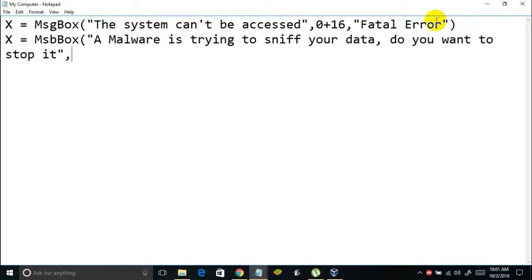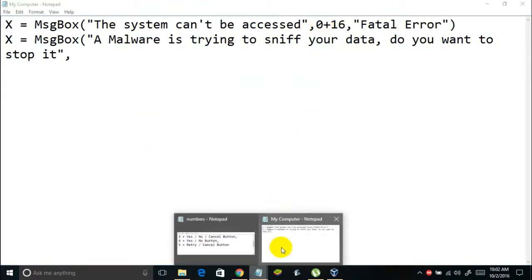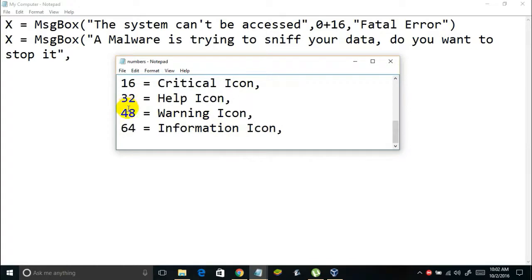And for this second message box, I want a Yes and a No and a Cancel button, and also I want a warning symbol. So if I want Yes, No and Cancel buttons, then I've got to type in 3 in place of 0. And if I want a warning icon for the message box, then I've got to type in 48 instead of